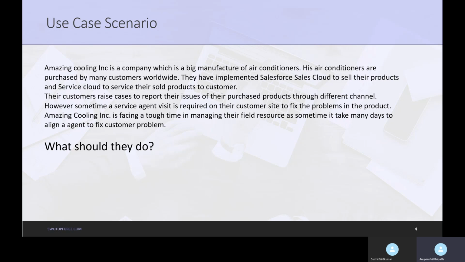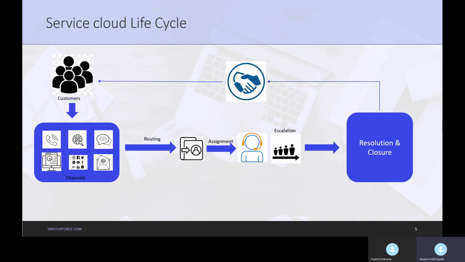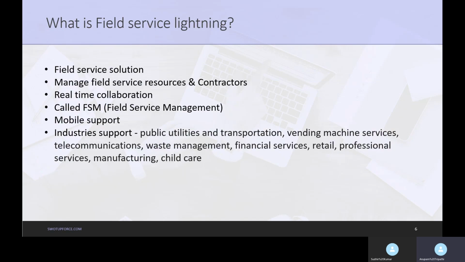With respect to that, we understood the Service Cloud life cycle, how it starts from the customer logging cases through different channels, and then those cases are routed to the agents who work on them, escalate them, and then close them and resolve the customer issues. Similarly, we understood what Field Service Lightning was.